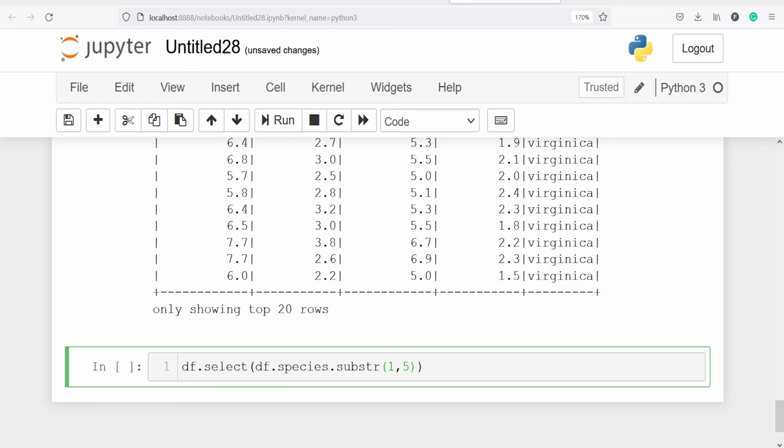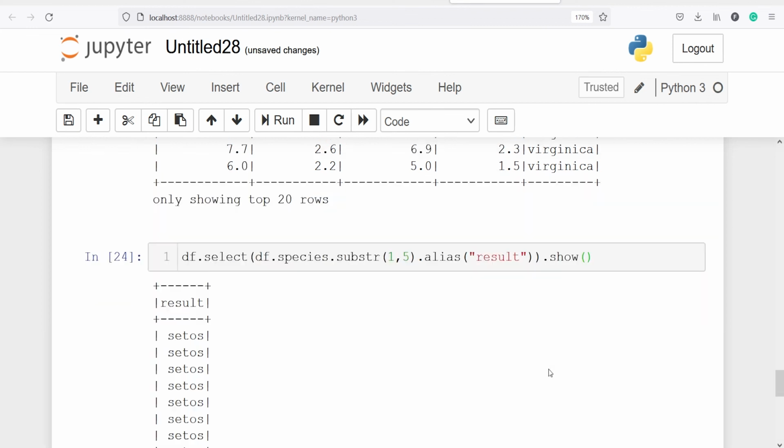So I will use the method alias, and result. I'll just call this new column result, .show, and here we got the output setos, because for this Setosa we have this spelling between the number 1 and 5: 1, 2, 3, 4 and 5.